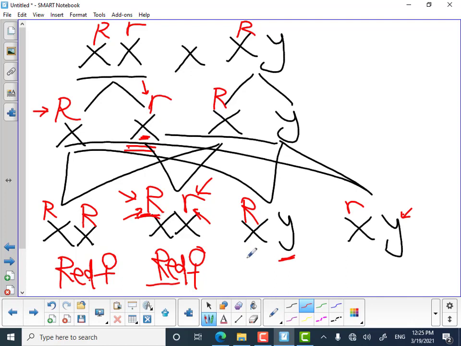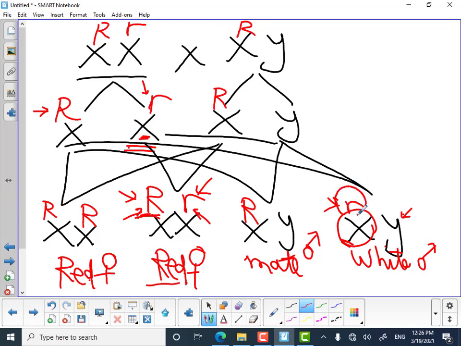Here, male, red color, and the only fetus that will be white color male, due to it has only one X, and this X carries the recessive character. Like we show, this results in 3 to 1: 3 for the dominant character red and 1 for the recessive character, like Mendelian